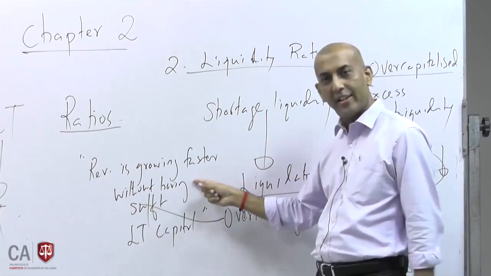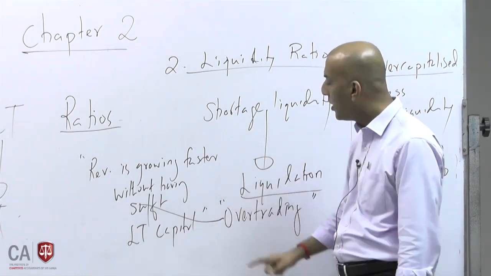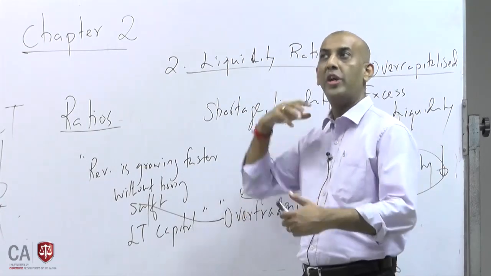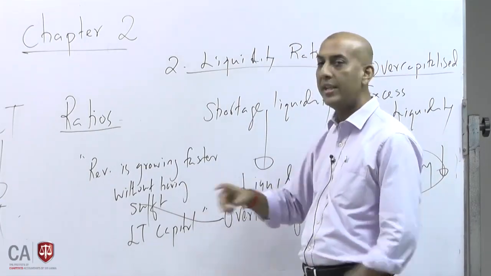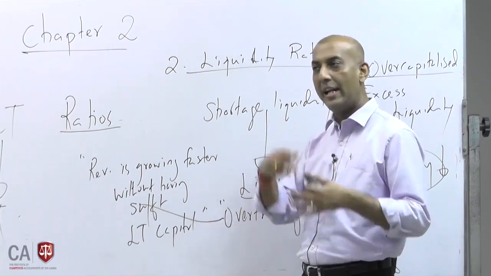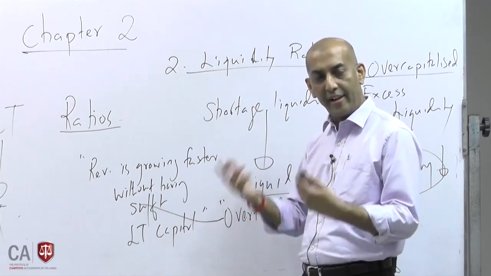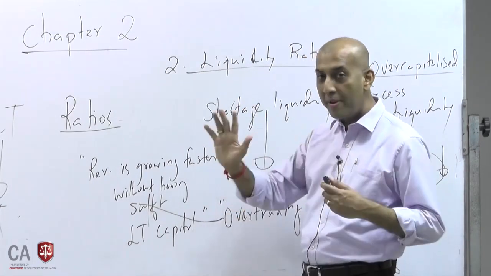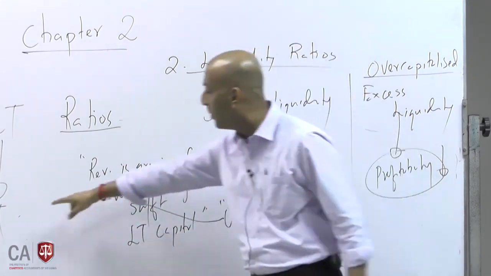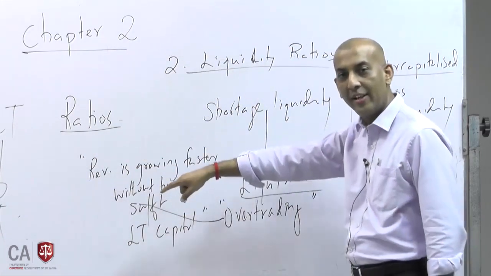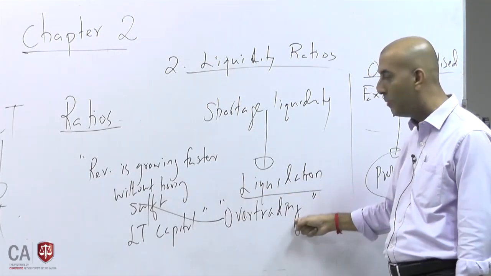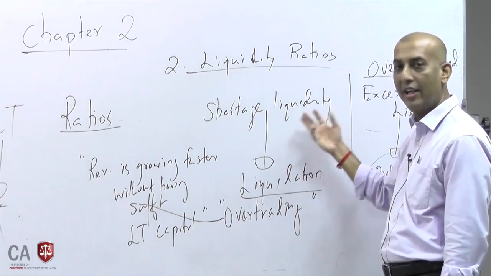You are doing sales faster, but you don't have sufficient long-term capital to sustain that sales. In order to increase more and more sales, you have to invest in many things I mentioned. Fixed assets, your furniture, building, staff, inventory, debtors, all you have to invest. These are all long-term investment. In order to invest long-term, you need to finance through long-term. If you don't have long-term financing, you are getting into overtrading problem. If you have overtrading problem in the company, you are resulting in liquidity problem.